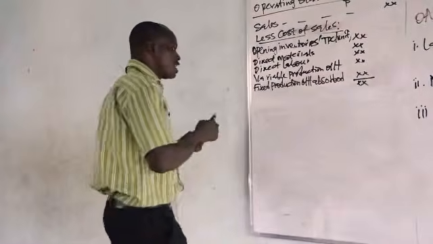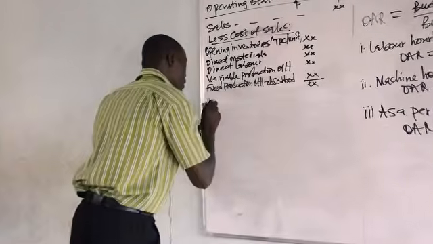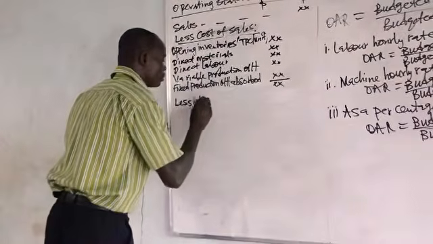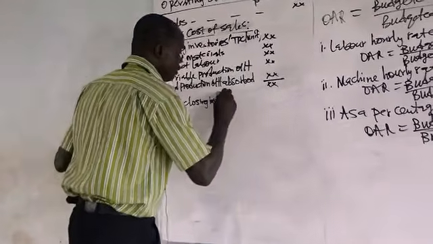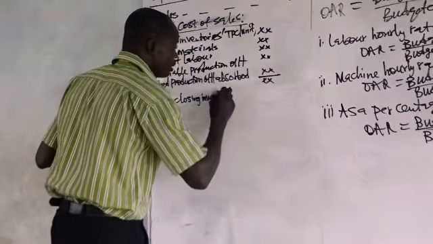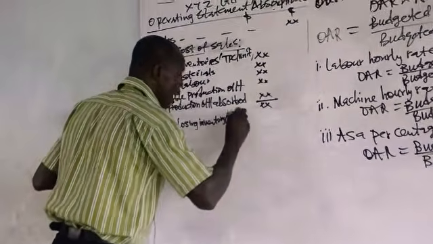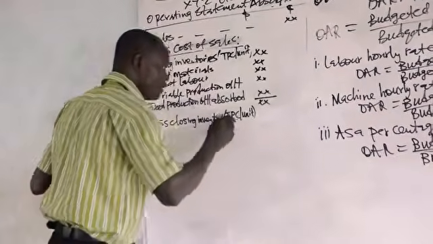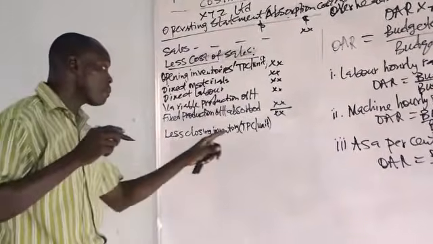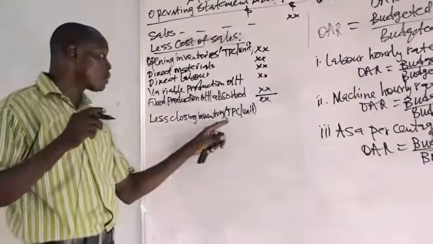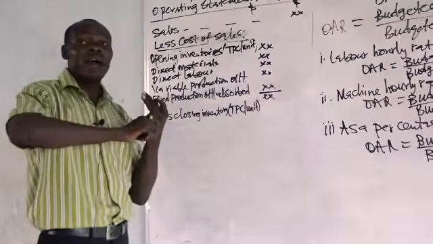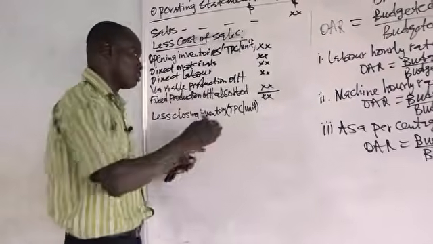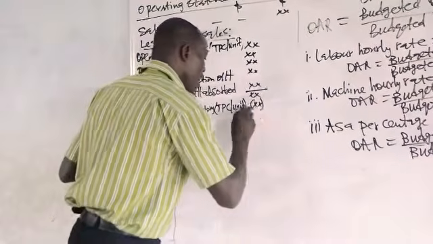So, with less closing inventory valued at total production costs per unit. You value your closing inventory at the total production cost per unit. By total production cost per unit, it means you are going to consider both variable and fixed production cost. When you less that,